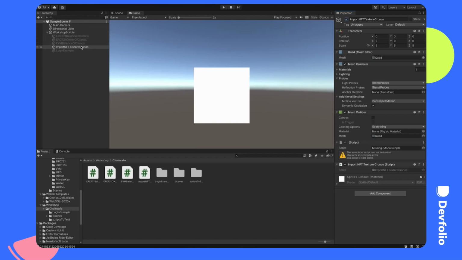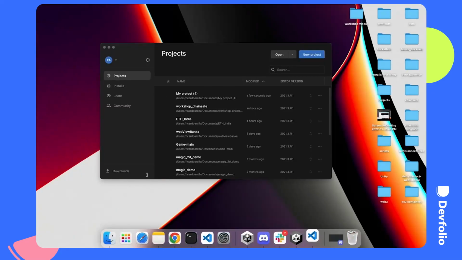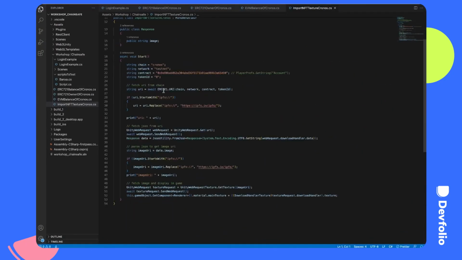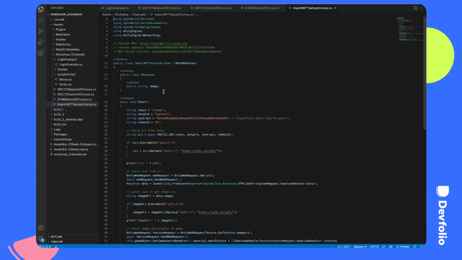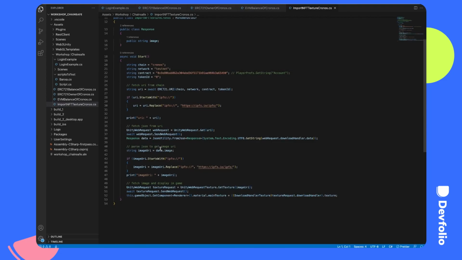So what I did here is I created a quad game object, and then I assigned the script component to import the NFT texture, which you can check out here. So there's a couple of things that I've been setting up here. I have a response with an image, which I'm going to use in my Unity web request. So what happens here is we have 4 options: Cronos testnet, the contract ID, the contract address, and the token ID. Then we have the URI